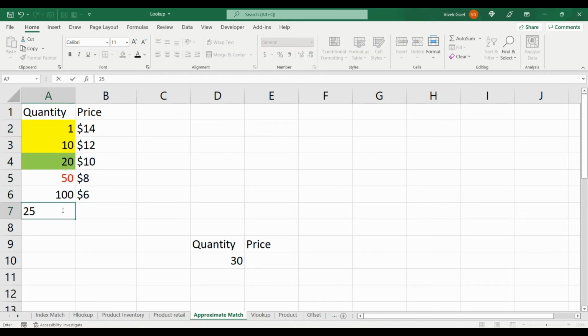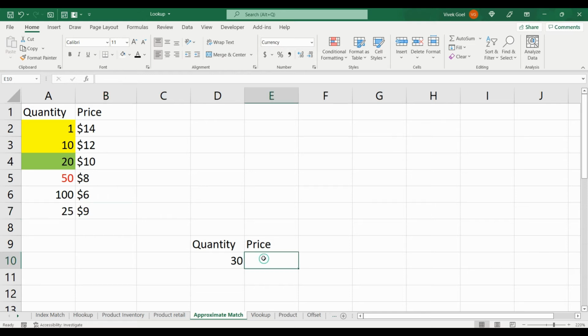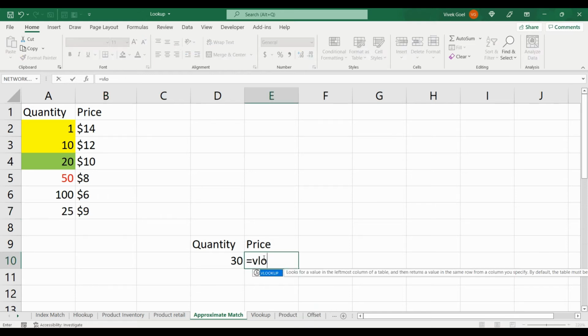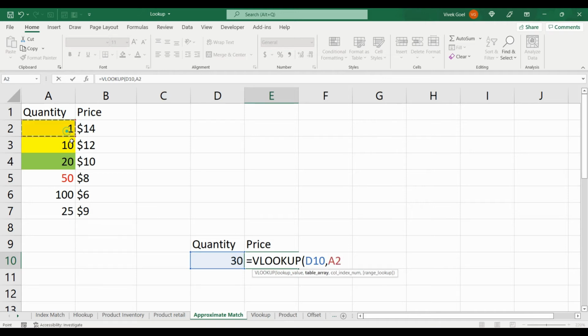For example, if we insert another entry at the end, which suggests that if the customer is willing to buy at least 25 items, they can buy it for $9. Ideally, we should now get $9 as the price since we are buying 30 items, which is more than 25 items.